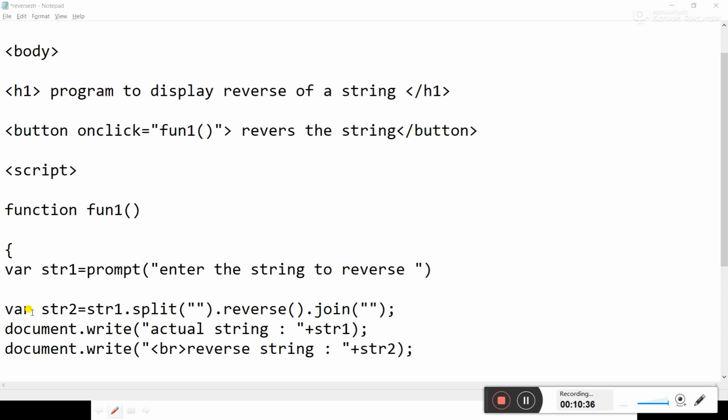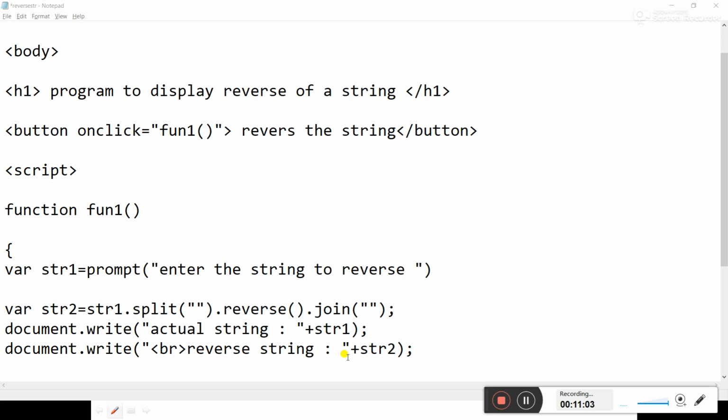Then this reverse string is saved in str2, and we display str1 and str2 on the screen. Got it?